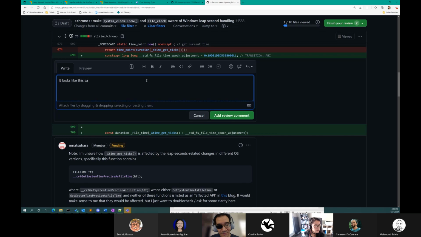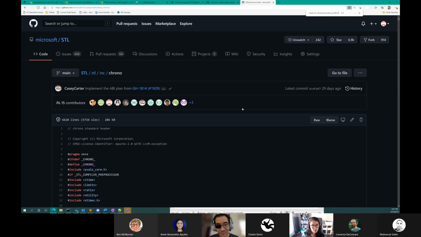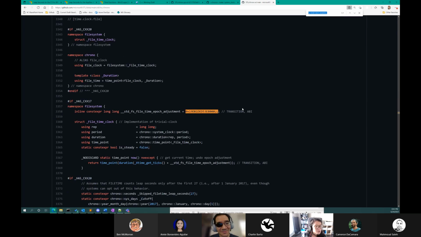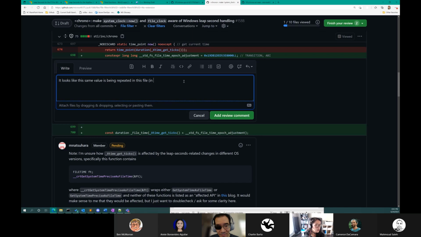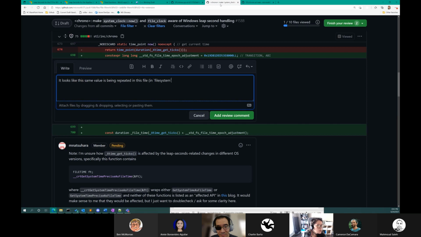It looks like this same value is being repeated in this file. I guess I can actually find out where it is being repeated now. Do I still have it copied? Oh no, here it is. Okay, in file system. So it's showing up 1 time in file system right now. But now we're going to be making it 2 times. In file system, is it in file system itself? Yeah, the namespace file system right outside of file time clock. I'm going to say in namespace file system by file clock things, as well as here and in